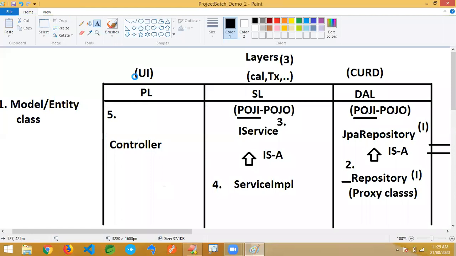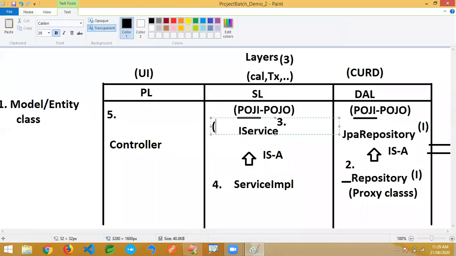Many people will ask, sir, why do we use POJI POJO only in service and data access? Very simple. For example, you are in this layer. Does it have any next layer? Then take an interface to connect. Does this one have a next layer? No, then don't take an interface, write the class. If your current layer has a next connected layer, take an interface. So here this is only a class.